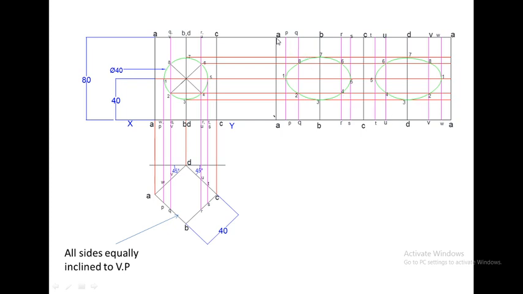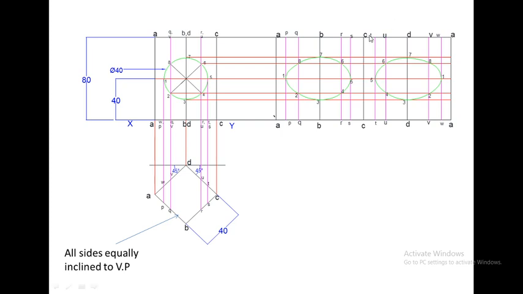That is, we have developed the lateral surface or the surface of the square pyramid with the square hole with this circular hole inside it. Now which part of this lateral surface should be dark? The outside boundary should be dark, that is the complete outer border should be dark from A to A, A to A, A to A and A to A. For edges B, only this part should be dark, that is B to 7 on the upper side and B to 3 on the lower side. This part should be kept as light because it has been removed due to the presence of the circular hole.